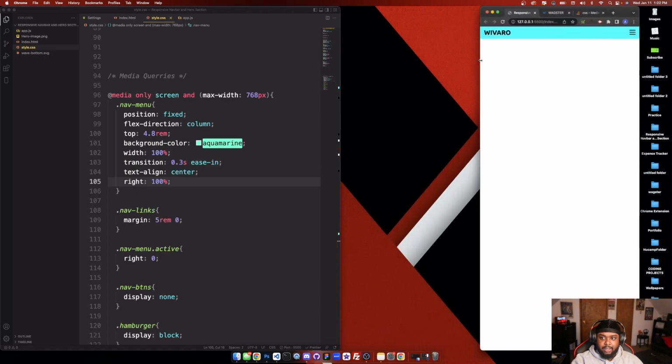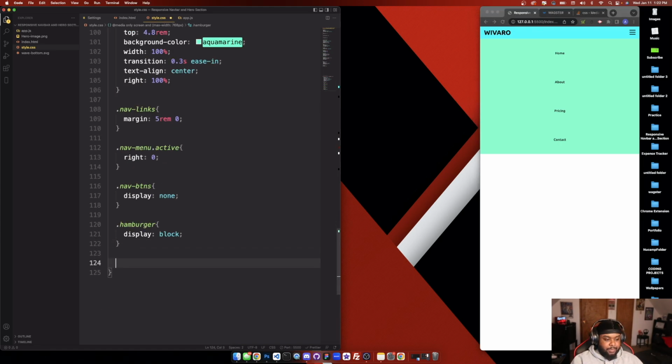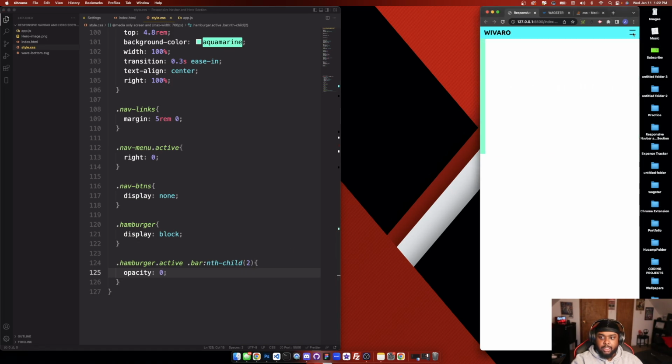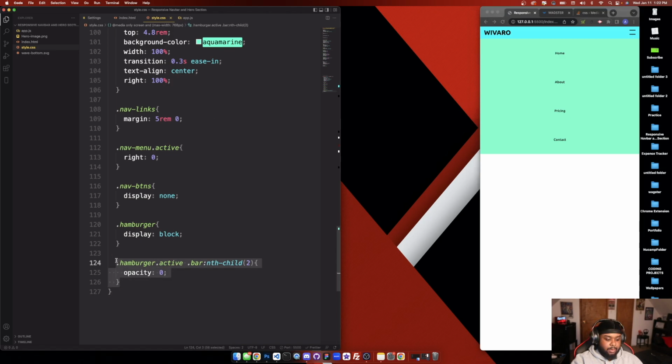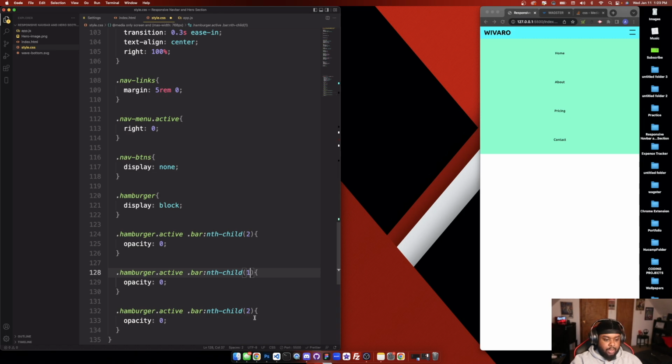Alright, so now let's animate our hamburger menu. Hopefully I can remember how to do this. Let's go down here and do it. So let's do that hamburger, that active, and then we're going to grab dot bar and then the nth child. So nth child, and we're gonna grab two first, and then we're going to give it the opacity of 0. So whenever we click it, that goes away. Now let's copy this. So we gotta grab our other bars, do 1 and do 3,